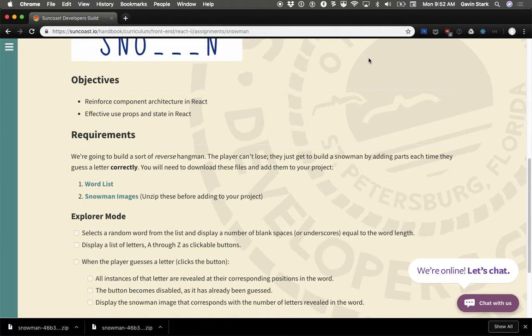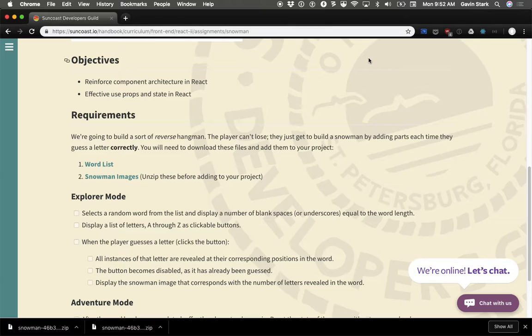So let's see. Objectives are to reinforce component architecture in React and effectively use props and state. I think we talked about when we first got into React, that's probably the hardest thing to really get down, is understanding props and state. It's kind of like chess where the rules are simple, but it's difficult in practice, right? Like, oh, I know what state is, and I know what props are. I can read the definitions of them and hear Gavin talk about them, but to actually use them